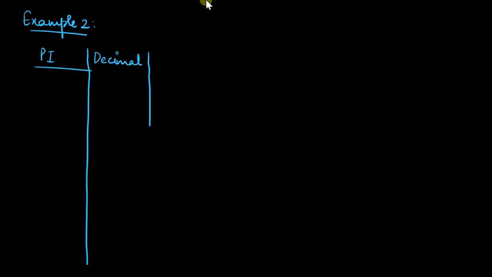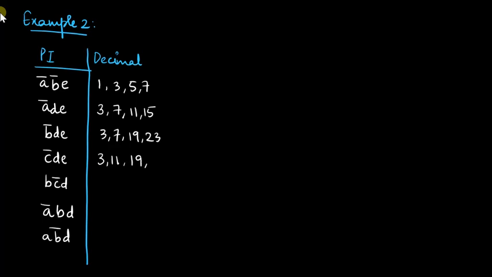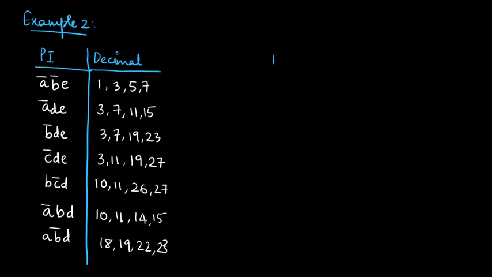To better understand, let me consider another example wherein I will directly consider the prime implicants and the decimal notations of those prime implicants, so that I can make you understand the concept in a much better way. Here I am considering a 5 variable case and directly jumping to step 5, because for a 5 variable problem the complexity increases. I'm directly writing the prime implicants and the decimal notations corresponding to them.